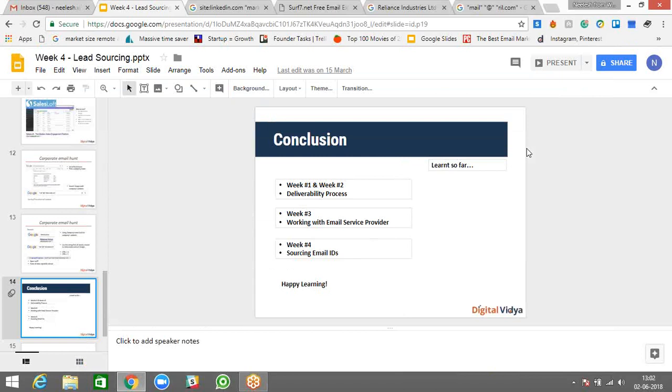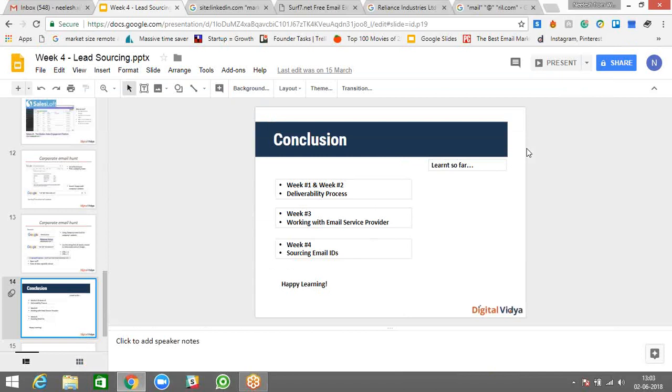What will be best practices while doing data validation? First of all, go to Google, search for all the known spam traps, clean up all those spam traps. Number two, go to an email validation tool. That tool will charge you roughly 1 rupee for validating 10 emails. Clean up the list using the tool.